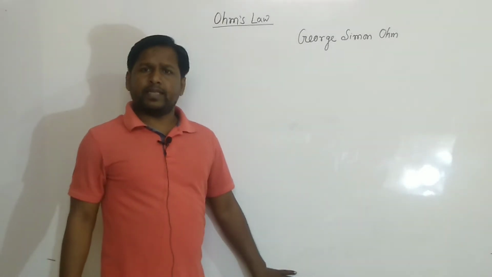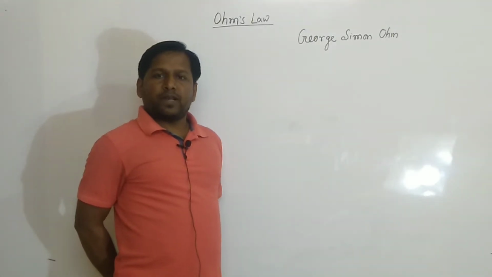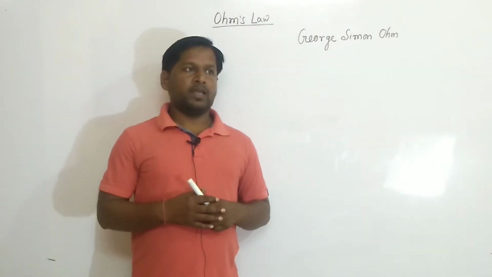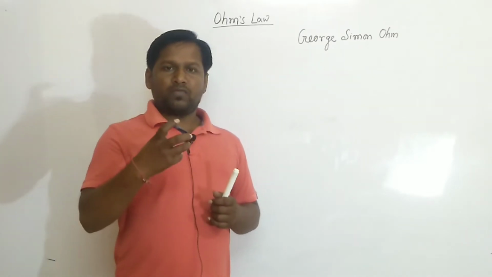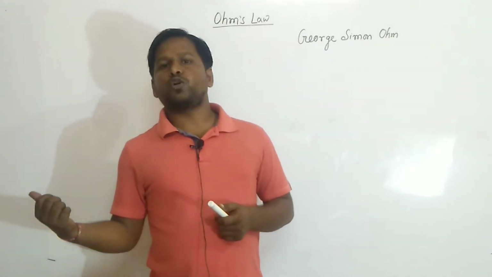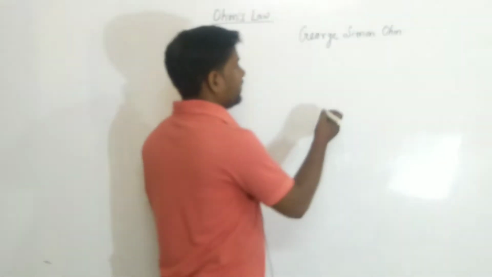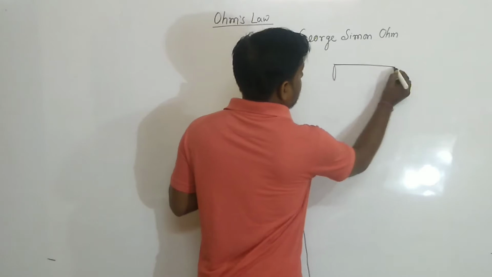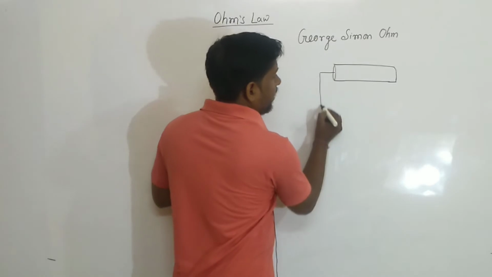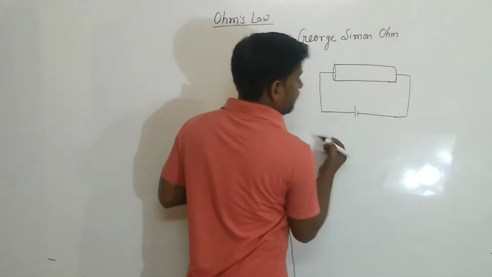So, while doing electrical experiments, at some point he realized that when a potential difference is applied across two ends of a particular conductor, the amount of current passing through this conductor also changes with change in its corresponding potential. If we try to express it diagrammatically, it is like this. Suppose this is a conductor, and he applied a potential difference across these two ends. Let V be the potential difference.